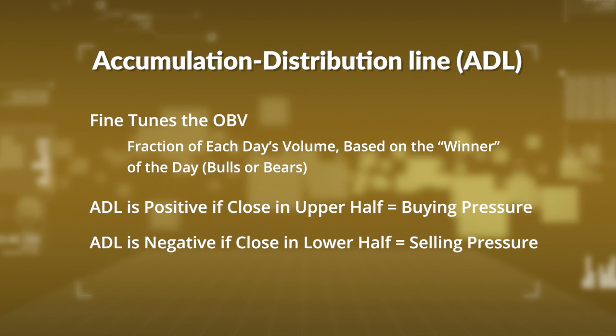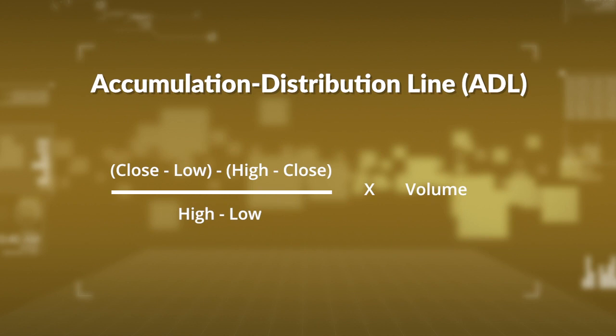So here's the actual formula, and I think this will help, and I'm going to give you a more visual in just a moment. But you basically take the close minus the low, and then from that you take out the high minus the close, and then you divide all of that by the high minus the low, and then you multiply by the volume for the day. So as you can see, you're going to end up with only a fraction, and that gives you that intensity because then you can multiply that volume. So now you're seeing how intense the accumulation or the distribution going on is. So that's why they, of course, call it the accumulation distribution line.